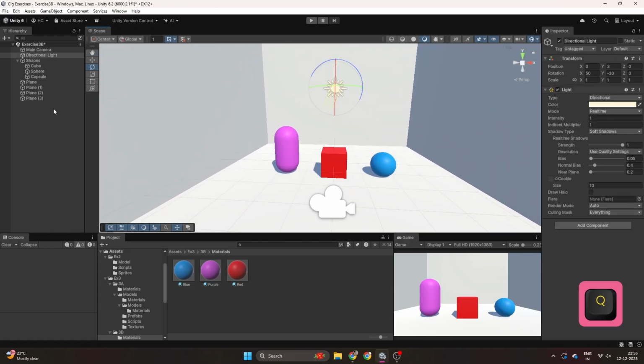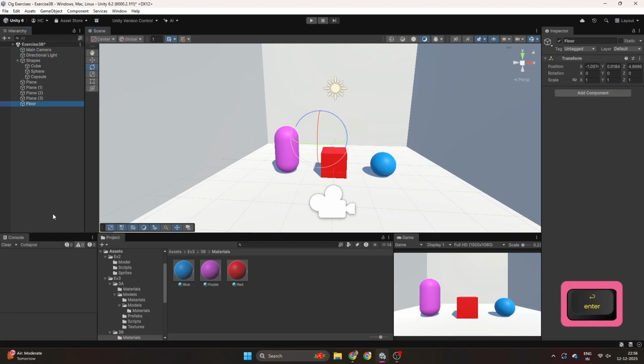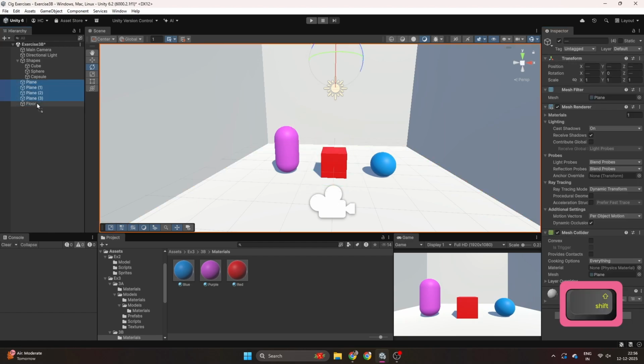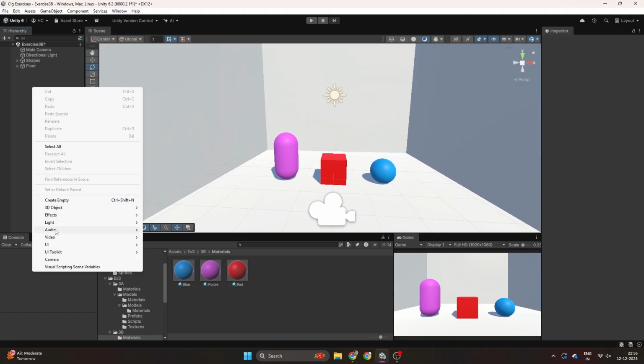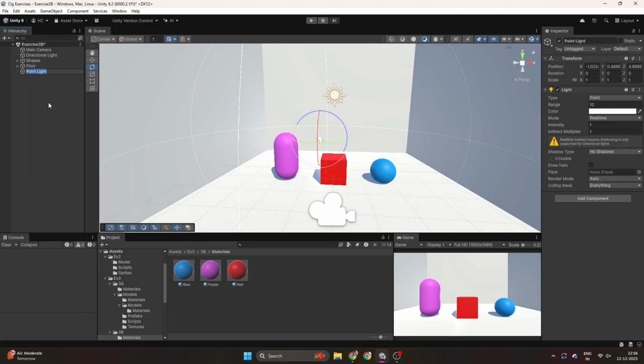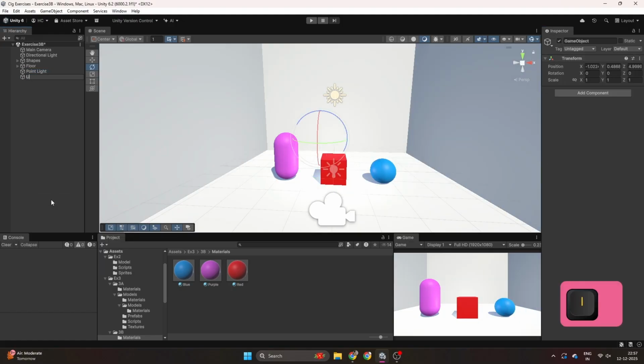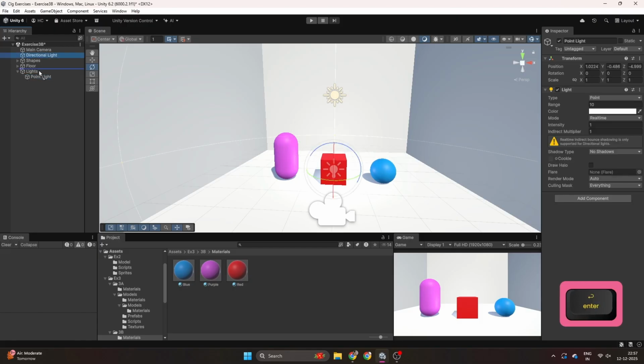And I'm going to create an empty game object, name it as floor and reset its position and child all the planes to the floor so that it looks neat. And I'm going to create a point light there and I'm going to reset its transform and I'm going to create a light game object and put the point light inside the light and the direction light inside the light